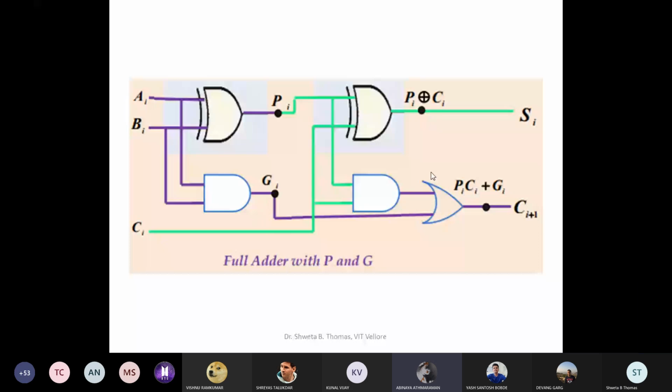It's basically a full adder, ma'am. So basically, A, B, and C are the three inputs, and C is the carry. Full adder: Pi XOR Ci. You can say this is the sum, because with the help of the full adder only we are generating the sum. This is well known to you, there is no problem. About Gi, can you explain? This is the carry, of course: Pi Ci plus Gi. The same logic is there that we discussed earlier about the full adder.